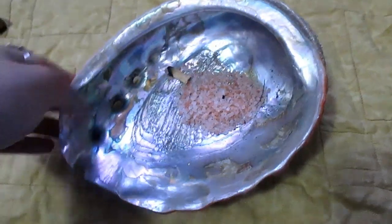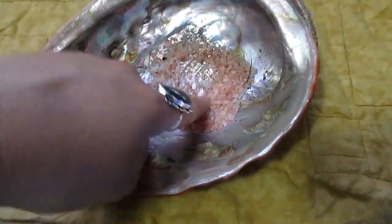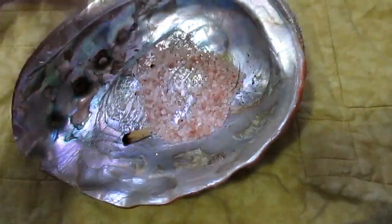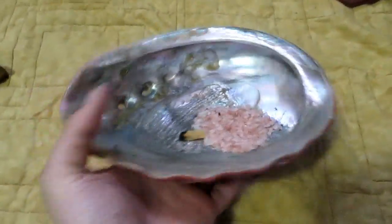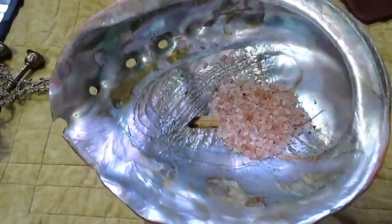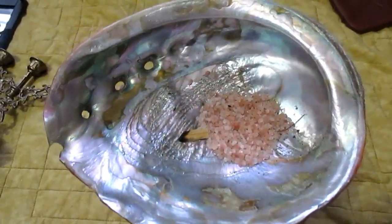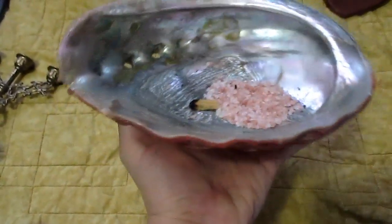Well, I went to that antique store, thrift store place in my town, and I found this humongous one. Right now it's got a little piece of Palo Santo in it that I was burning, and some salt because I've cleansed it. But come on, guys, look at the size of this. This is ridiculous. This is the biggest abalone shell I have ever seen in my life, and I was so excited. It was originally $10, and I was going to pay $10 until I found out that it was half off. So I paid $5 for this